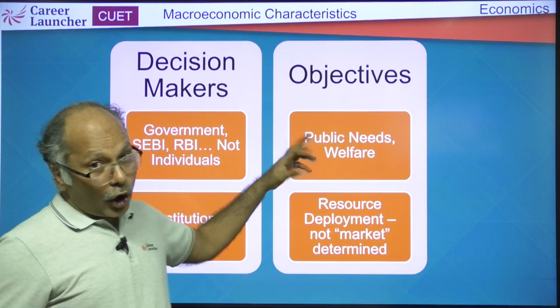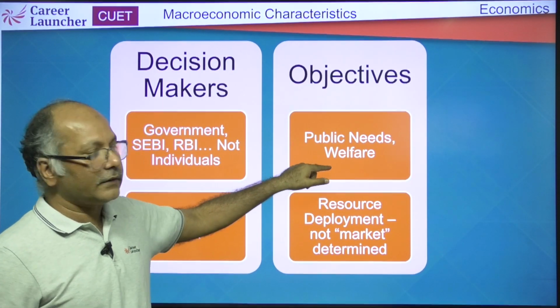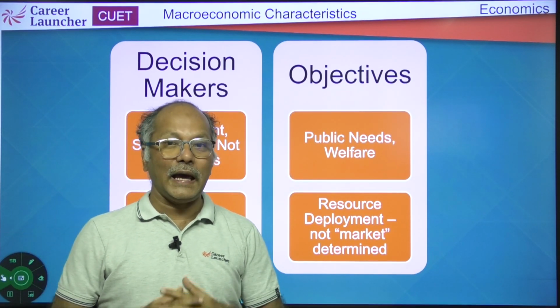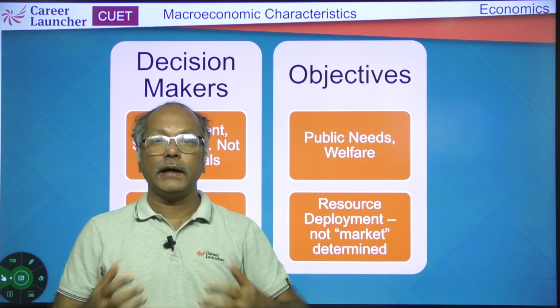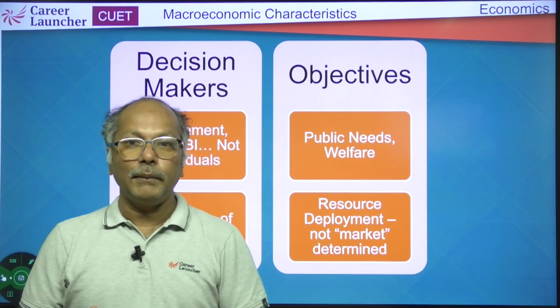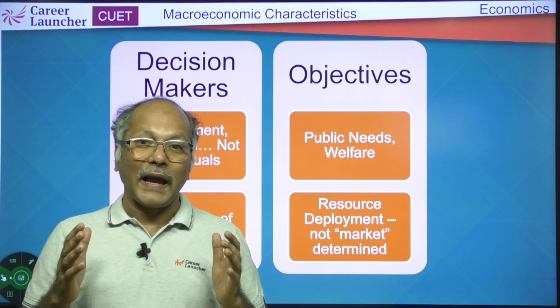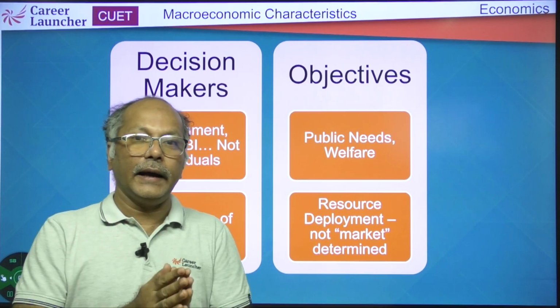Then you talk about the objectives. The government's role comes into the picture because there are some objectives that are very critical. One is about public need and welfare, right? Are you taking care of the people in the economy? Are the poor, is the government or the policies of the government enabling the poor to become better off, right? And is it